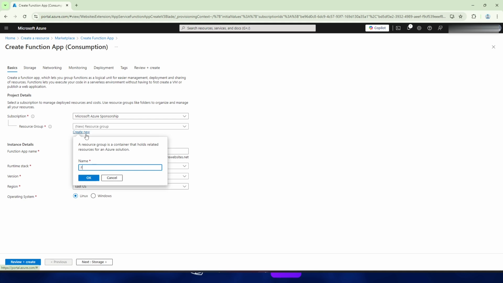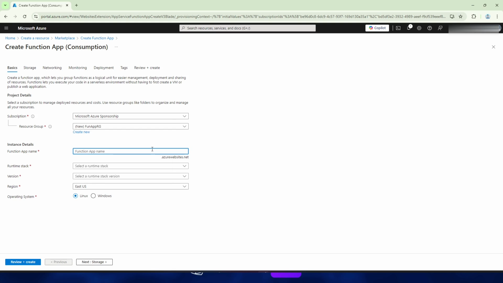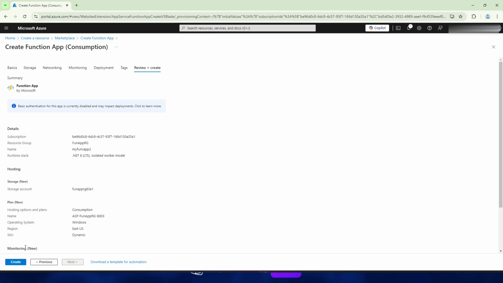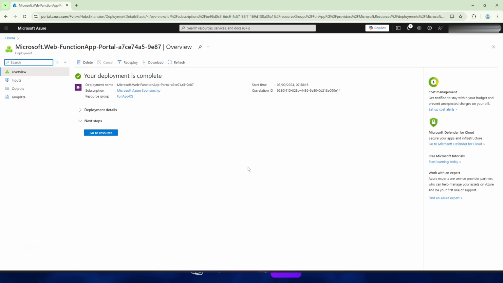I will put the name and click the OK button. For the function app name, I will put my func app 2. In the runtime stack, select .NET. Now click the Review plus create button. Then click the Create button. Now click the Go to resource button.